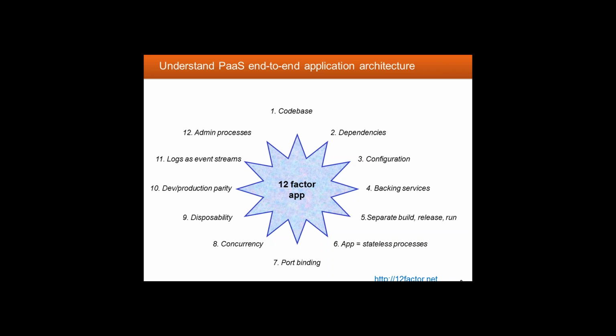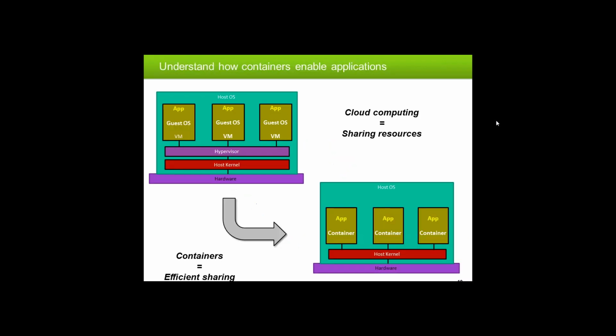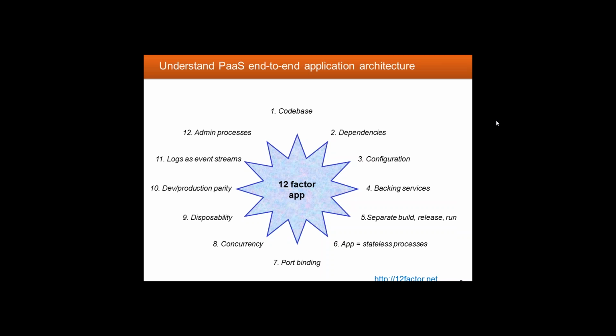And last but not least is the idea to separate out any administration processes and effectively try to make them into automated steps. Automation is one of the big features of these environments, and it's an important feature of making development quicker and more reliable. So the 12-factor app, this is what's underlying many of the PaaS systems that we see today.